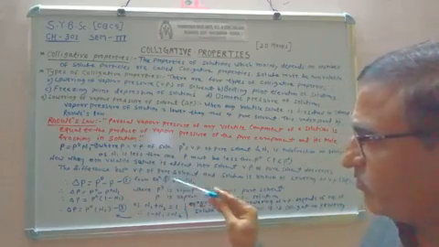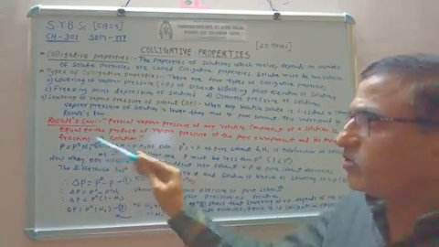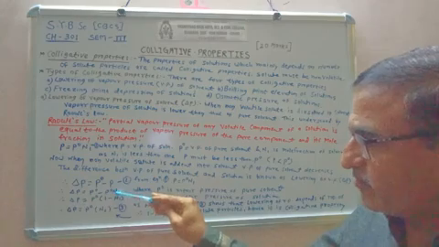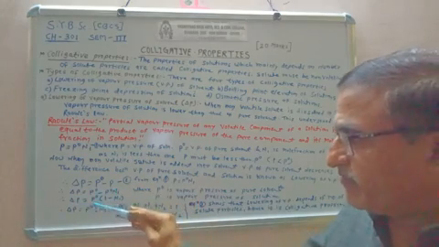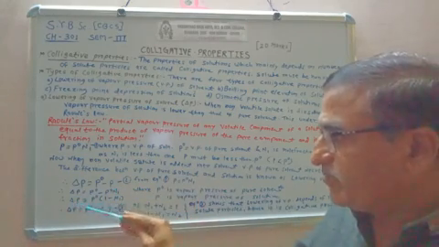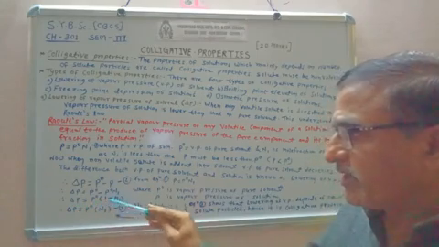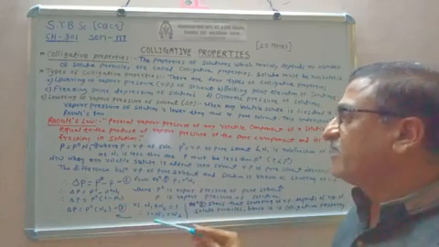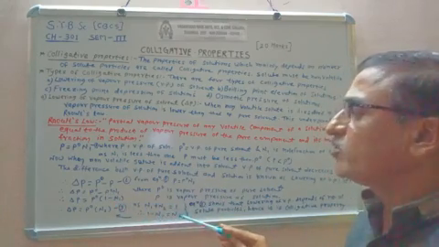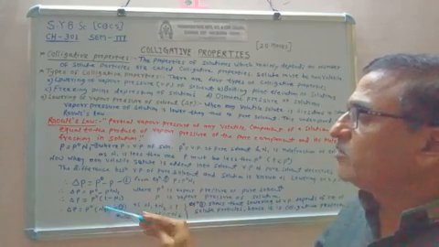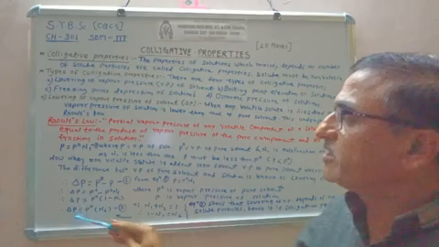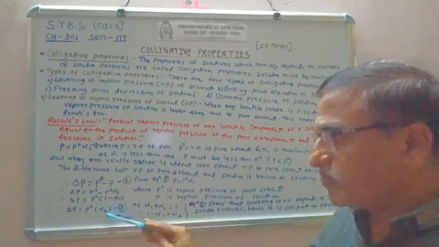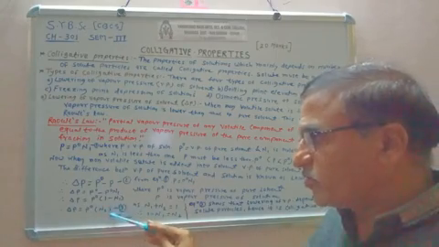Now from equation 1 we have P = P0 × N1. Put here the value of P from equation 1, and by simplifying we will get delta P = P0 × (1 − N1). Since N1 + N2 = 1, hence 1 − N1 = N2. Put here the value N2, so delta P = P0 × N2. N2 is the mole fraction of solute particles.